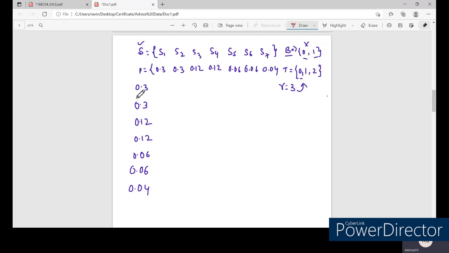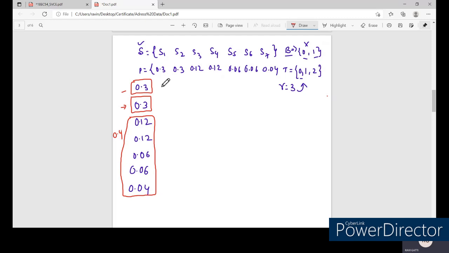Since we are doing the ternary case, we need to divide this set into 3 divisions such that the sum of probabilities in each division is as equal as possible. So I will divide this group separately. This is one group, this is one more group, and this entire set is one more group. What is the probability? 0.03. What is the probability? 0.03. The sum of this will be 0.04.